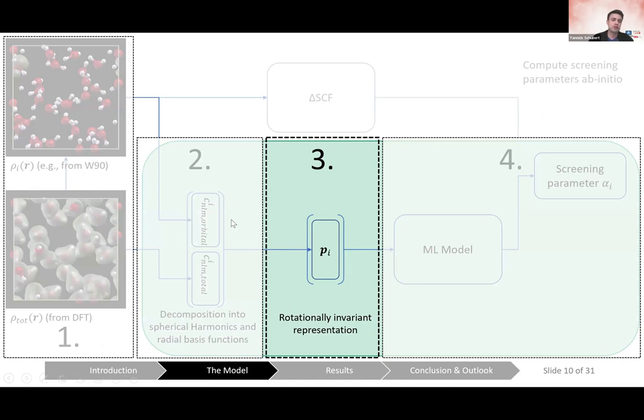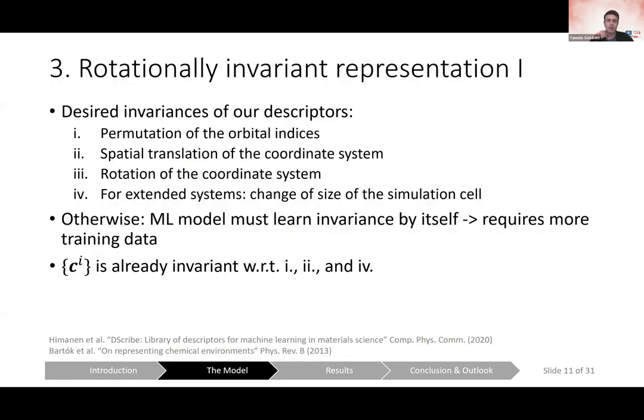Now we have constructed this vector, which consists of the expansion coefficients of the orbital density as well as the expansion coefficients for the total density. And in principle, we could now feed this vector into a machine learning model. However, we wanted to make sure that our representation of the orbital densities satisfies some common invariances, namely